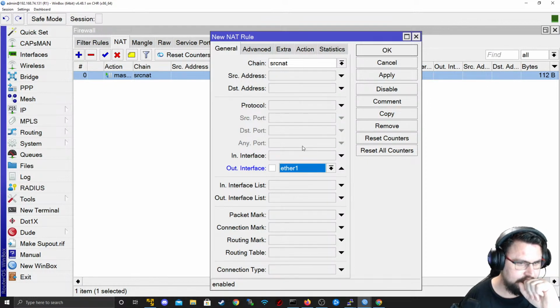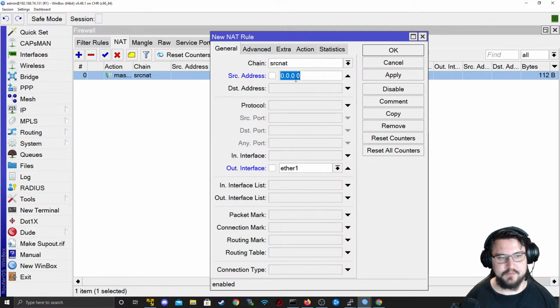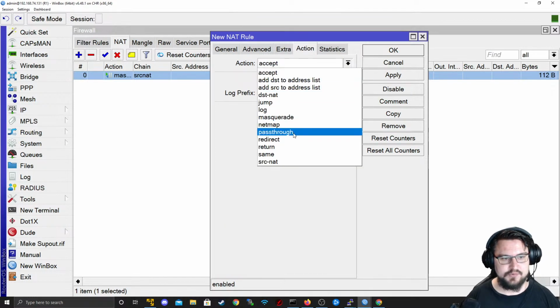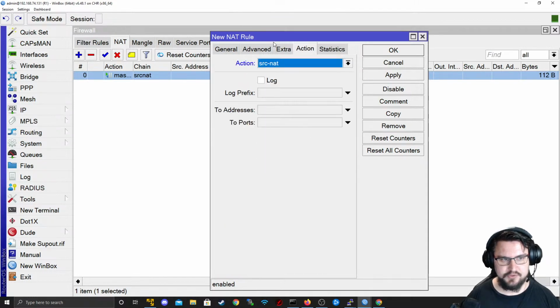So I'm going to say anything that's going out of Ether 1, but I'm going to say the source address is 10.0.2.2, which is router 4's LAN address. I want to source NAT that. So now I'm not using masquerade. Now I'm using a source NAT. Now I can specify what IP address I want to NAT this to. So I'm going to NAT this to